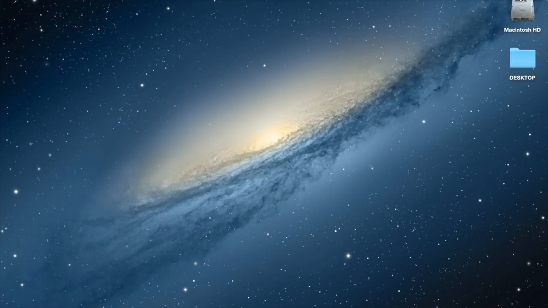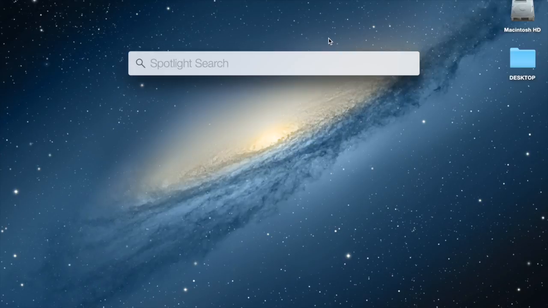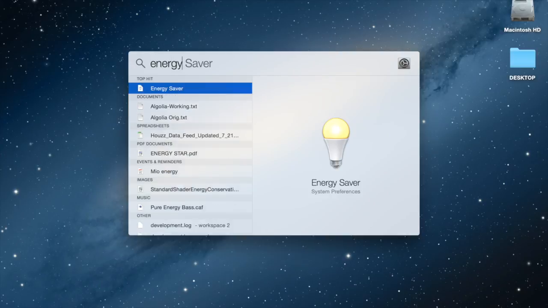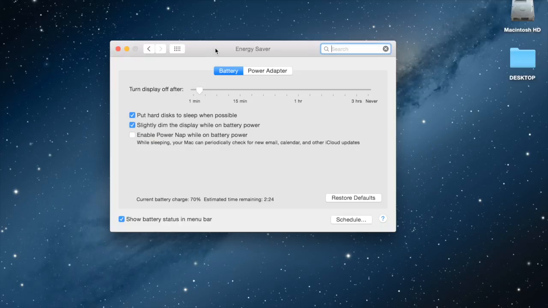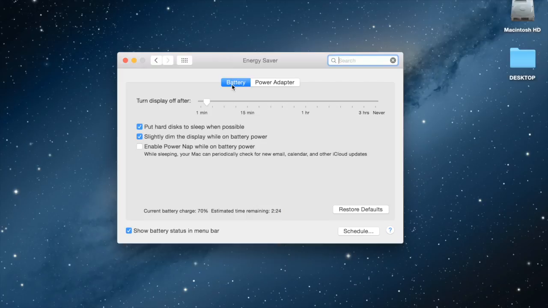So if we click on the Spotlight Finder right here, we can type in energy saver. We'll click on that. Inside here, there's two different settings. So there's settings while you're running on battery, and there's settings while you're on a power adapter. Each one has essentially the same settings, but can be set differently or independently depending on what type